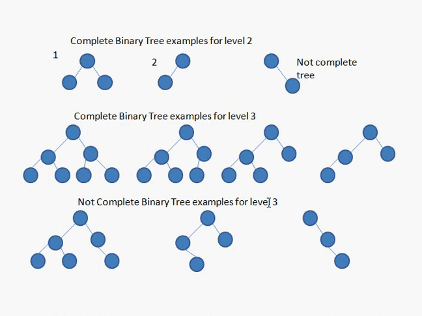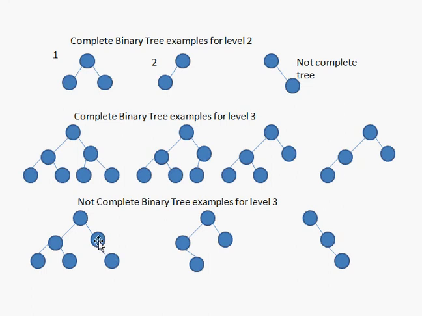Now these are some examples of incomplete binary trees. Here, with the same structure, what if I delete the left child of this node and keep the right child as it is? You get a structure like this. Here there is a wastage of memory, one memory location is not used, so you call this an incomplete binary tree.